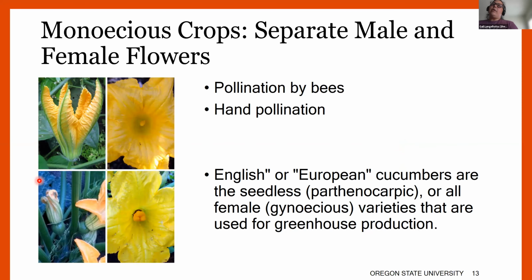So we've talked a little bit about perfect flowers, of which tomatoes are one type. I want to talk a little bit now about monoecious crops, which have separate male and separate female flowers. And the typical monoecious greenhouse crop that we're used to, or that is most common, would be cucumbers and other cucurbits. Here I have a picture of squash blossoms, and you may be able to see on the top that